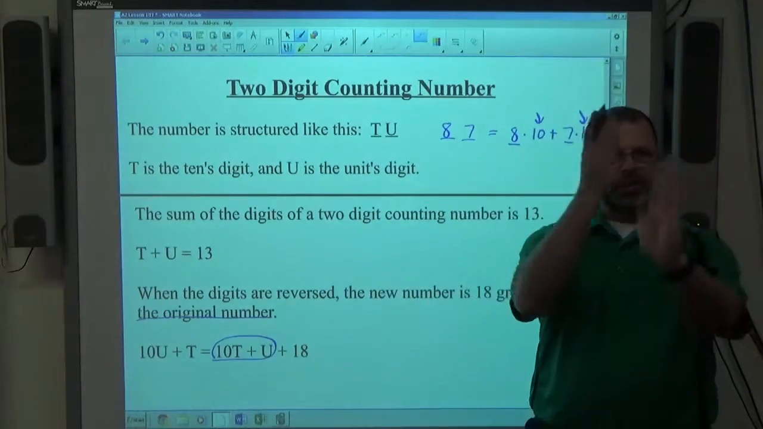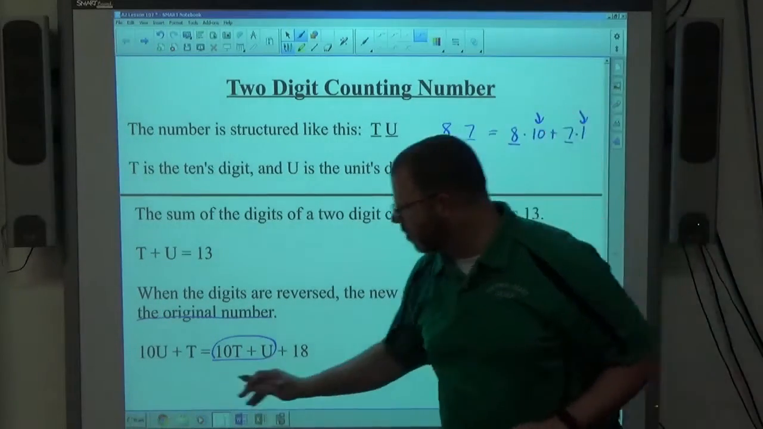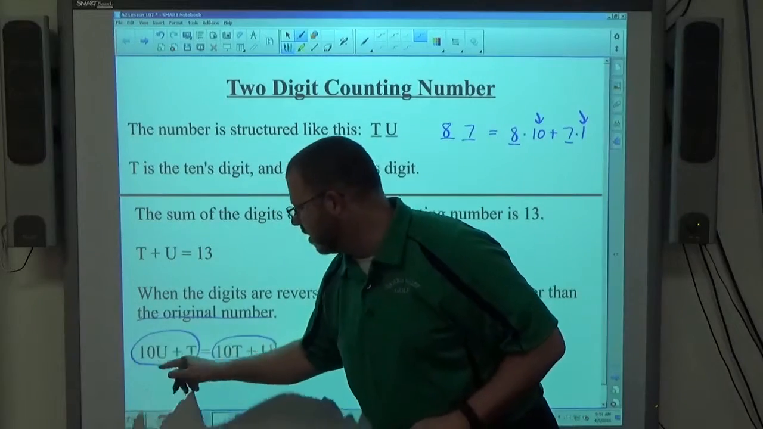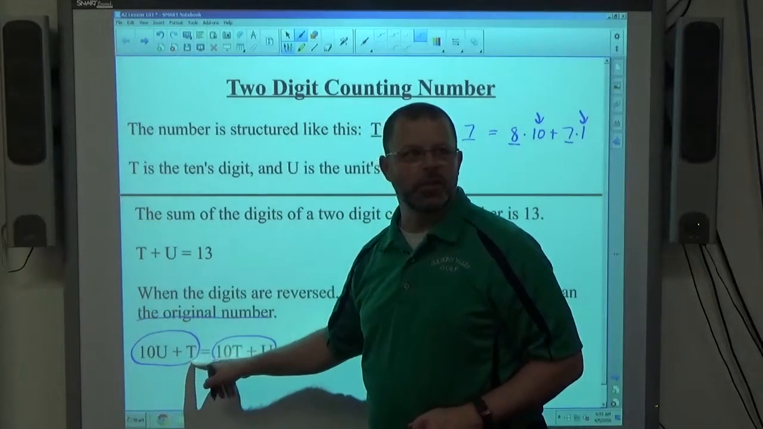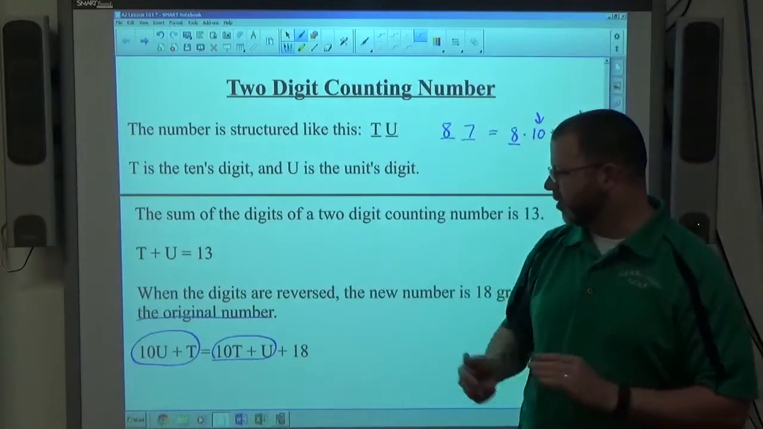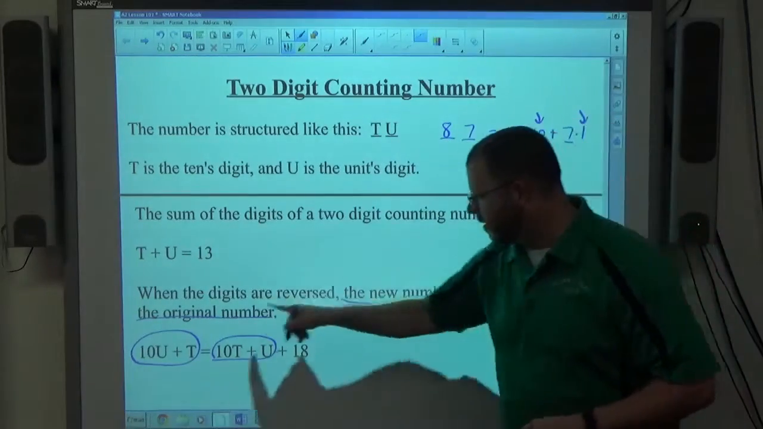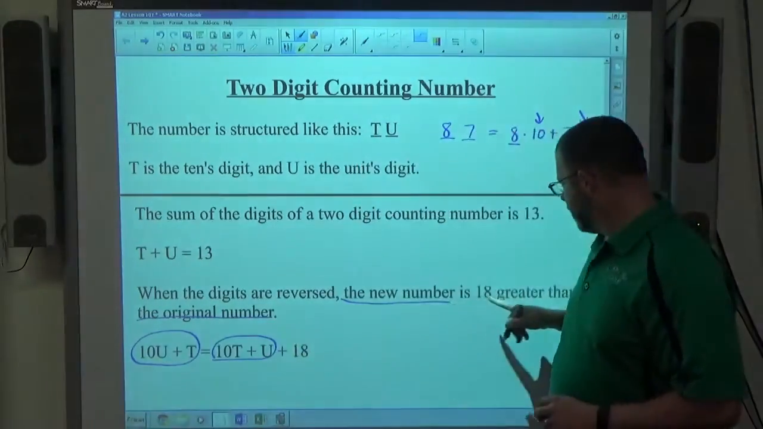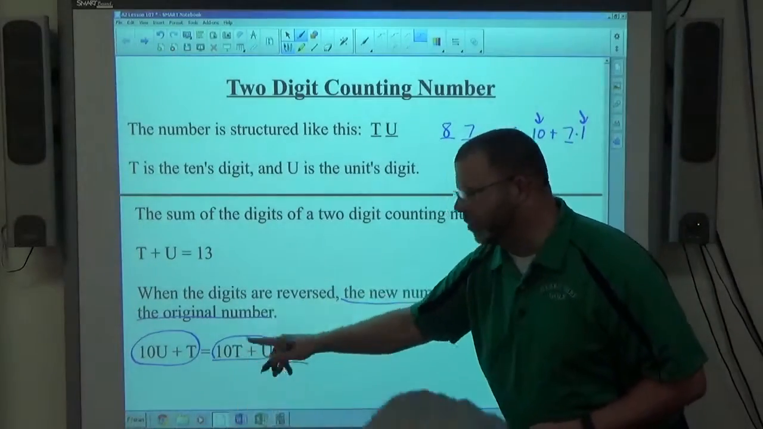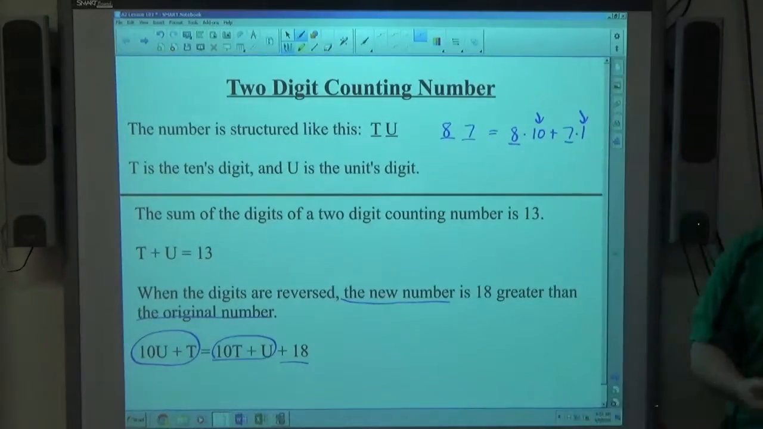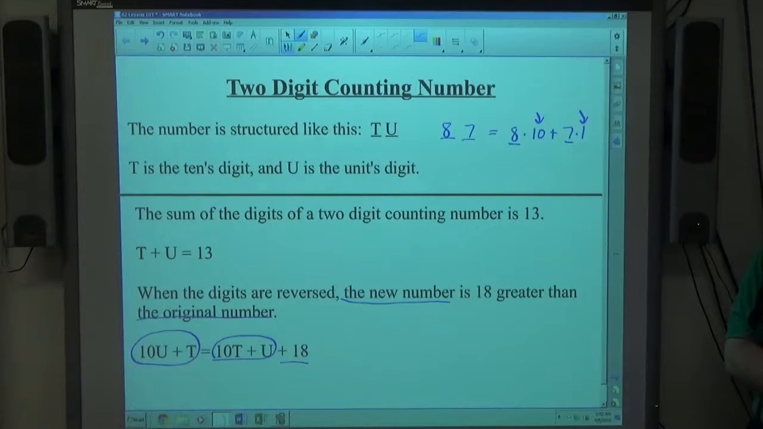If you reverse the digits, now u is in the tens place and t is in the units place, so that's the reversed number: units in the tens place, t in the units place, so it's 10u plus t. So the new number, 10u plus t, is 18 greater than the original number 10t plus u. So they do that quite often, reversing digits and saying that one's bigger than the other. All right, so